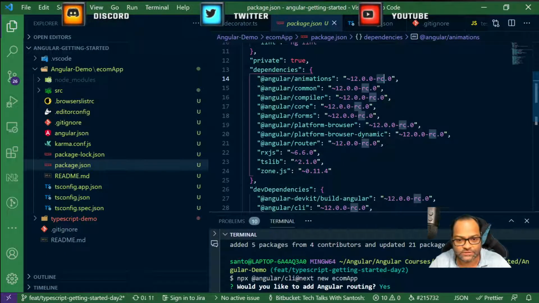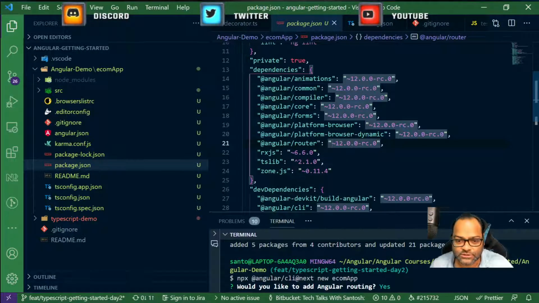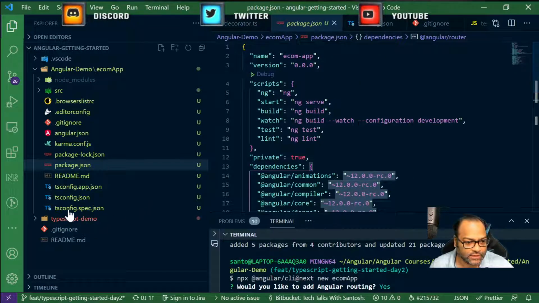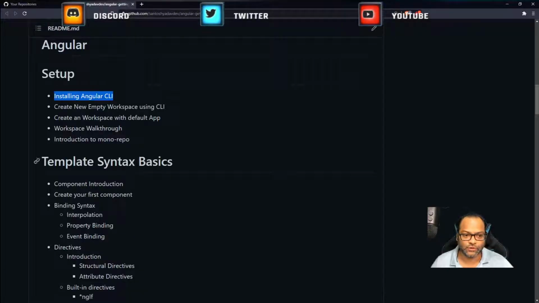It means all the changes which were expected in Angular 12 are now out there. They might be doing some bug fixes in case they get a few from the community. So if I'm trying it right now and I get some error, I can just log it on the Angular repository, and this will be counted as a bug, which will be fixed before the Angular 12 release. And I was actually able to raise some PRs or issues by trying the release candidate in the past, and that counted as an open source contribution. So cool, we have a new application. Of course we are using Angular 12 RC, and let's go back and see what we wanted to discuss next.